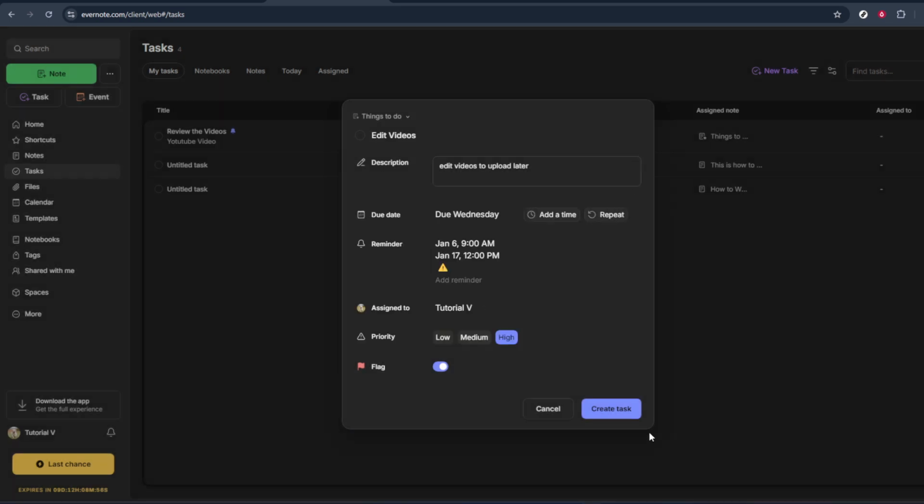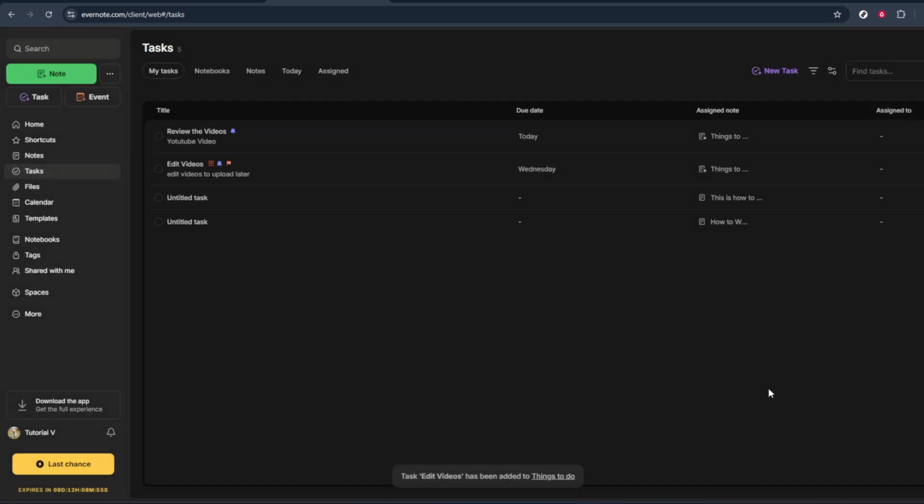After naming your task, you have the option to assign it to someone. Click on the Assign option, and you'll be able to choose a person from your available